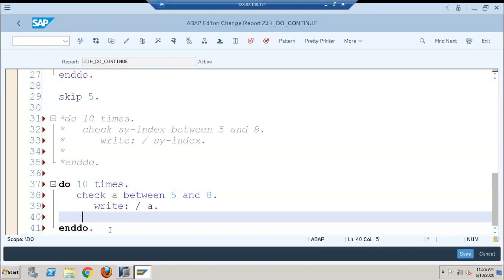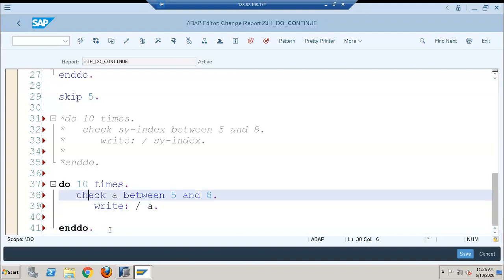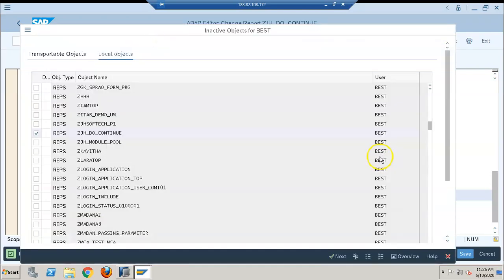But we need to increment a, right? So we'll write a = a + 1. Because it's a variable, we have to increment it on our own.